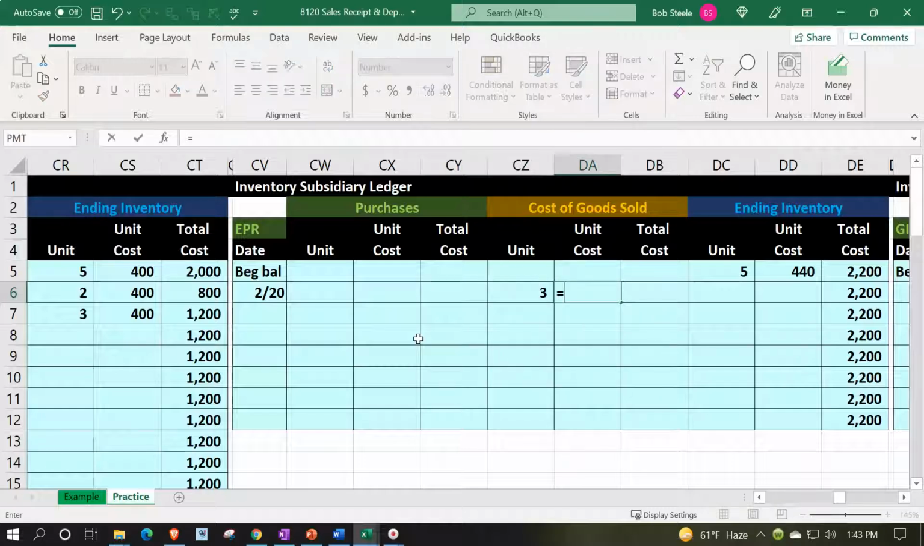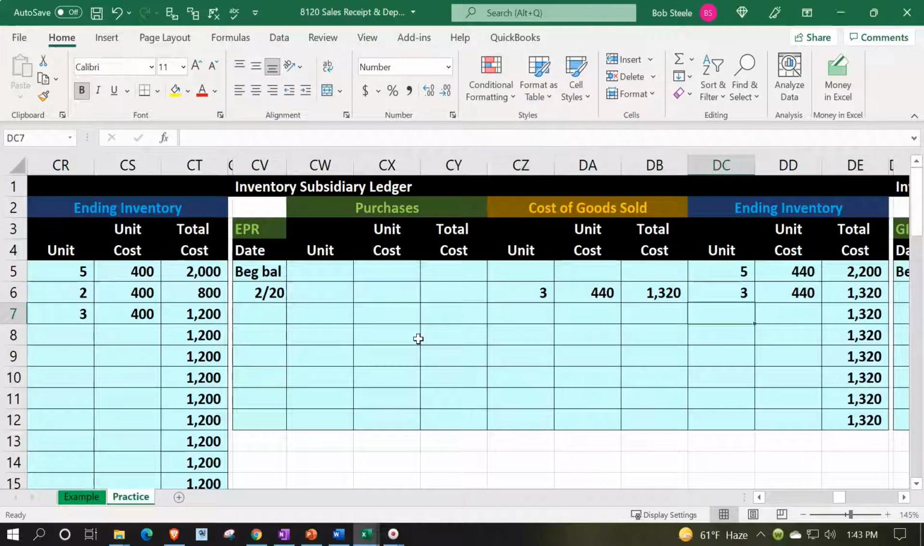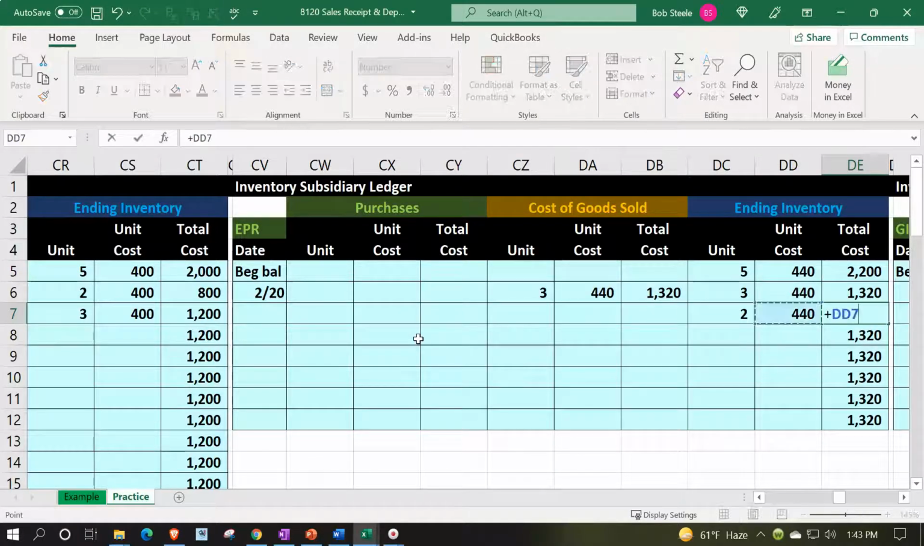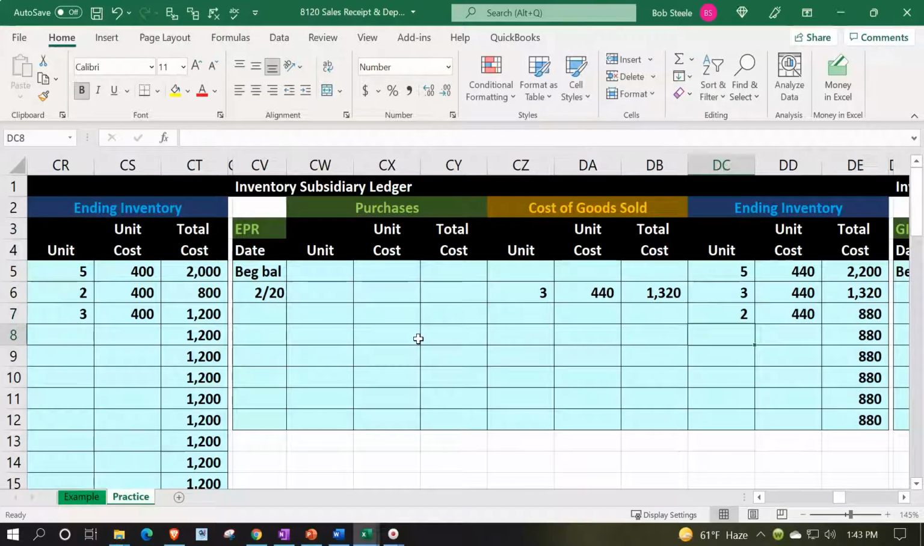We sold 3 of those at the 440. So 3 times 440, bringing that to the ending inventory, 3 times the 440. We had 5 units. We sold 3, so we have 2 left over at the 440. The 2 times the 440 is going to give us the 880 that are left at this point in time. Then we also sold one of these